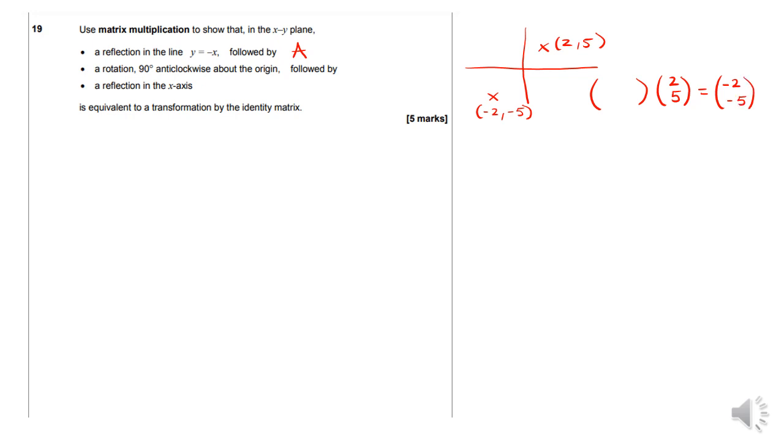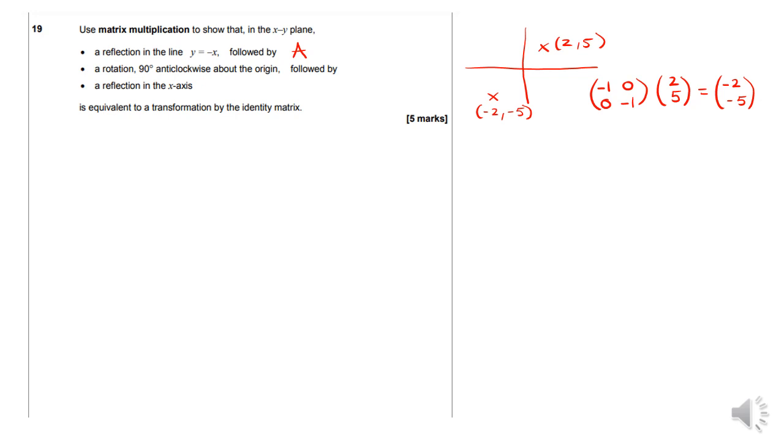If you remember that you multiply the rows by the columns, I'm going to do something times by 2 and something times by 5. Well, I actually don't want the 5 to end up on the top. I just want to end up with an answer of -2. So I want to multiply the 2 by a -1. I want to multiply the 5 by a 0. And then if I consider what I want to get on the bottom, I need a -5. So again, I want to multiply something by 2 and something by 5 and end up with just a -5. So I don't want the 2, but I want to multiply by -1